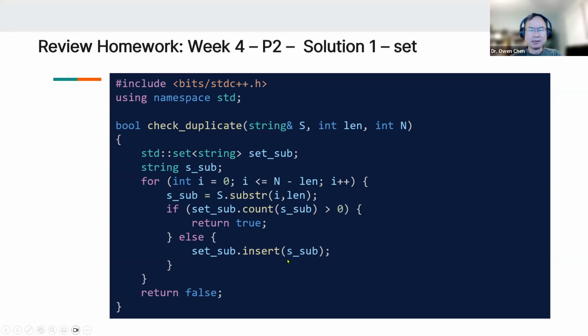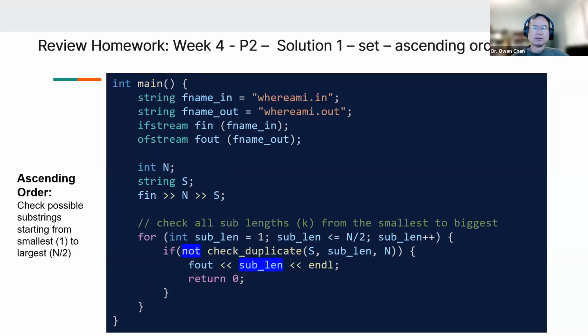If not, then we insert this into the subset. Any question on this check duplicate? Okay, so then in the main function, first,